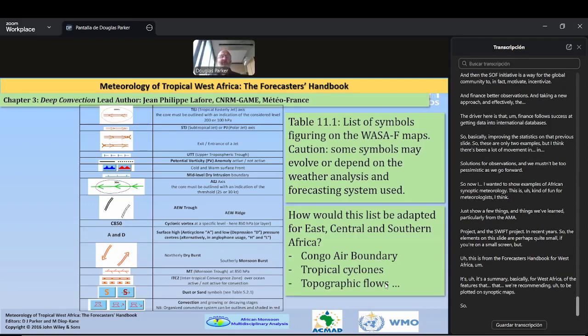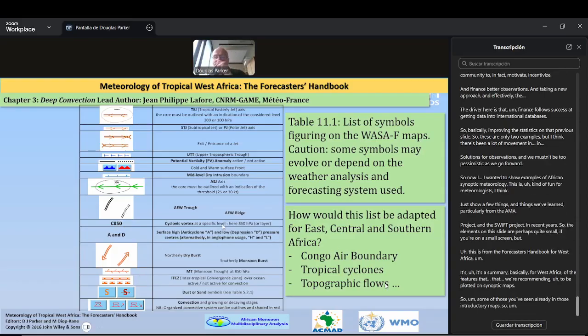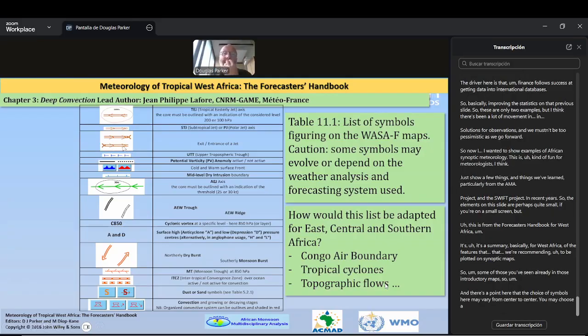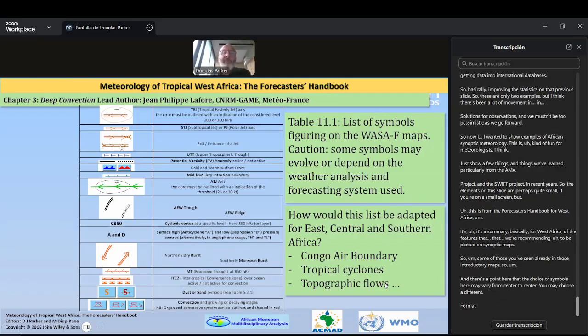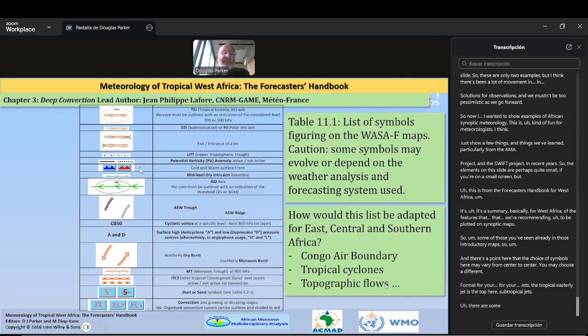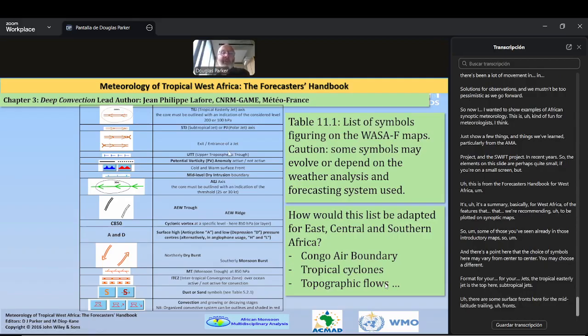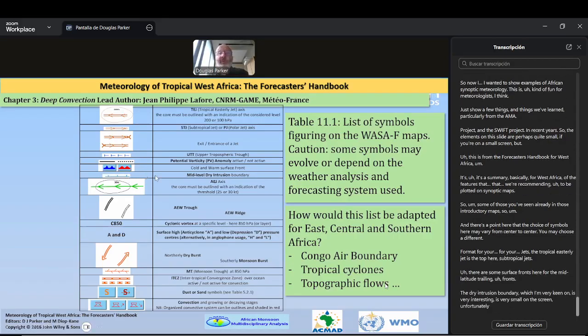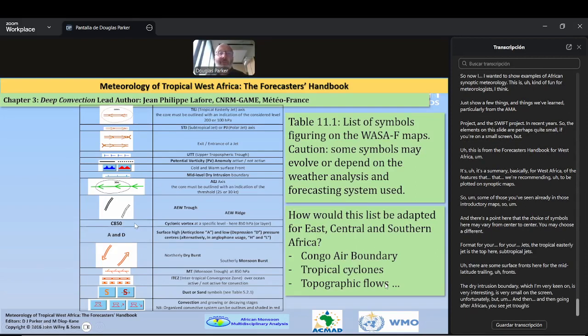So some of those you've seen already in those introductory maps. And there's a point here that the choice of symbols may vary from center to center. You may choose a different format for your jets. The tropical easterly jet is the top here, subtropical jets. There are some surface fronts here for the mid-latitude trailing fronts. The dry intrusion boundary, which I'm very keen on, is very interesting, is very small on the screen, unfortunately. But then going down through African easterly jet, troughs, centers of circulation,